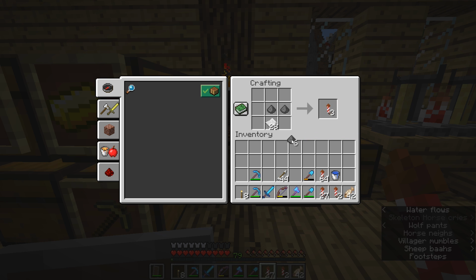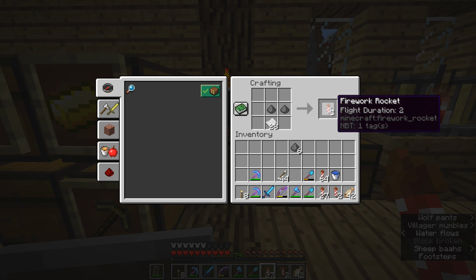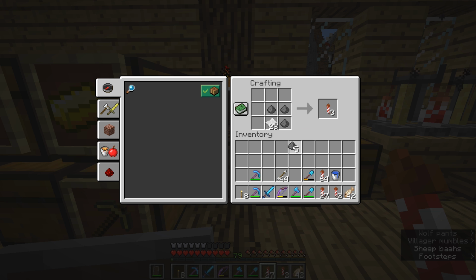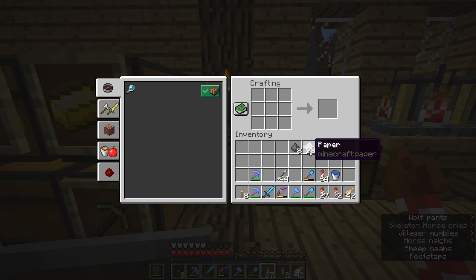Now, if you add an additional gunpowder into the recipe, if you have 2 gunpowder split over multiple slots in the crafting interface, you end up with rockets that have a flight duration of 2, a medium flight duration. And then by adding another gunpowder, you get a flight duration of 3, which is the longest duration rockets can let you travel. Typically, you will be using Elytra to cover long distances, or maybe to get from the bottom